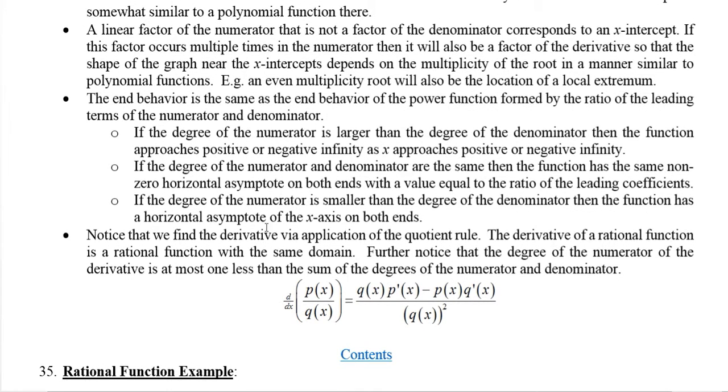Now, when you find the derivative, remember that you're using the quotient rule. So if it's a polynomial p of x over a polynomial q of x, that's a rational function. The derivative of that using the quotient rule is the bottom times the derivative of the top minus the top times the derivative of the bottom, over the bottom squared, like that. And so notice that in